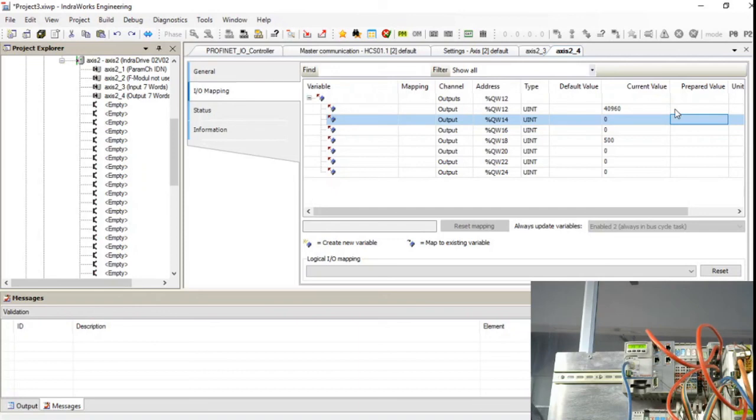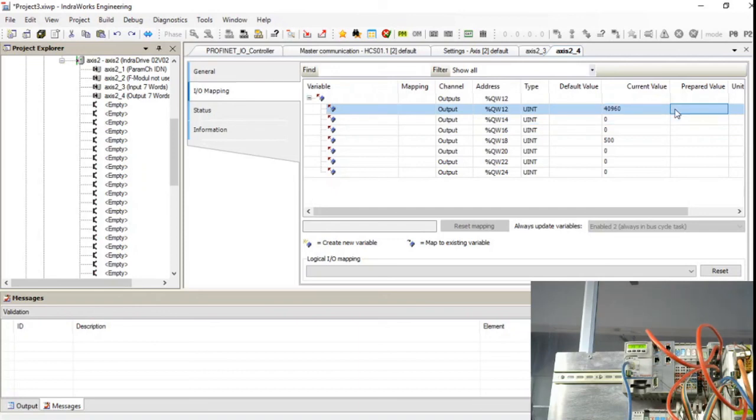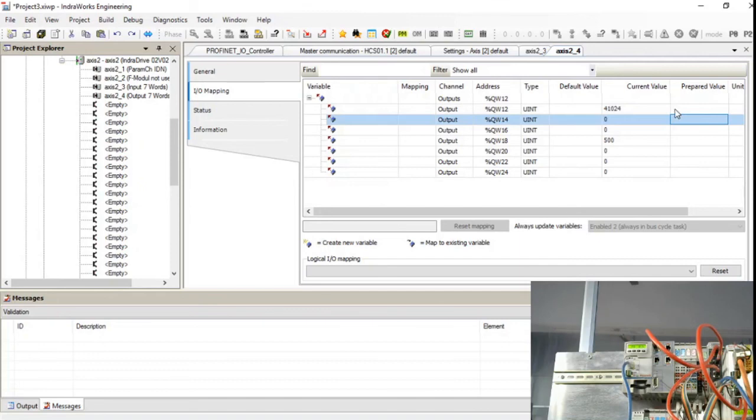Okay, now the drive is stopped. If you want to run again, then you need to give 16 as A040, enter, control F7. Now you can see the drive is rotating.